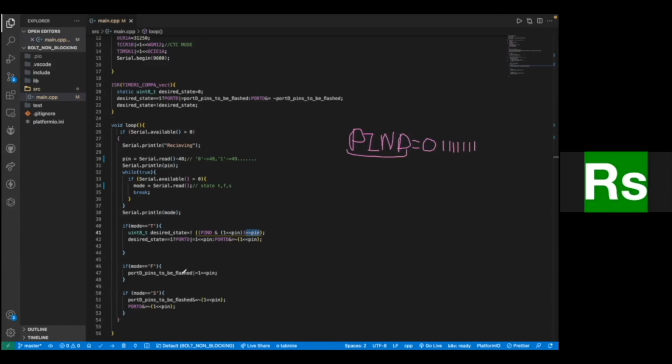So next, let's say we want to check some pin. Let's say we want to check this pin number 2. So basically what we do is we first do 1 left shift 2, which will mean 1, 0, 0, right?